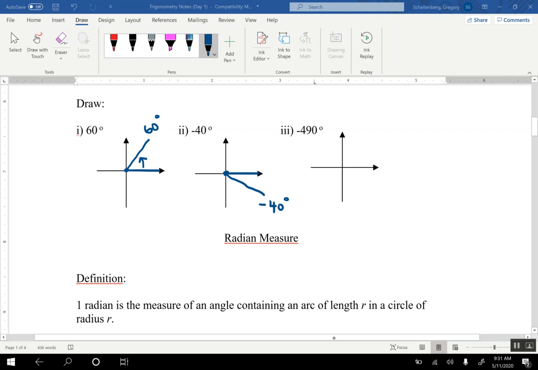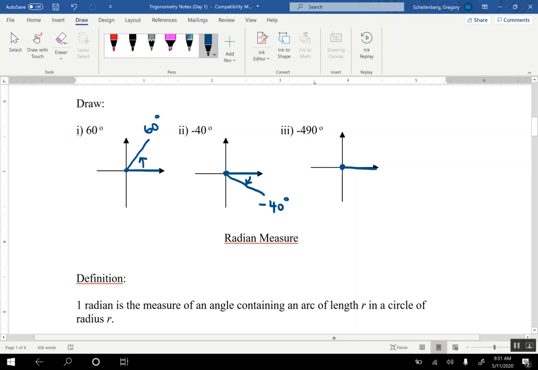So we've got -40 degrees, and we have rotated clockwise from the initial arm to the terminal arm. Okay, and same idea with -490 degrees. So this is an angle in standard position. So it's going to initiate at the initial arm, positive portion of the x-axis, and it's a negative angle, so